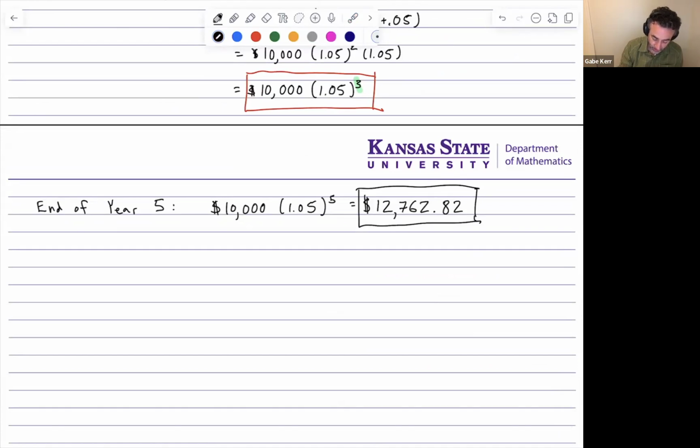So an investment, so here's a formula, an investment, or if you think of it as, well, let's just say an investment of principal P, rate R, and term T, compounded annually